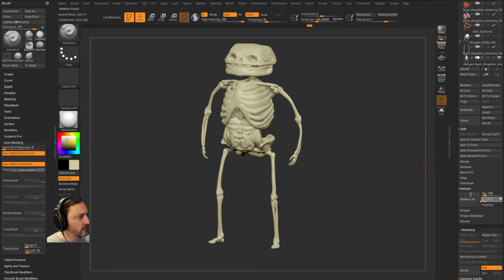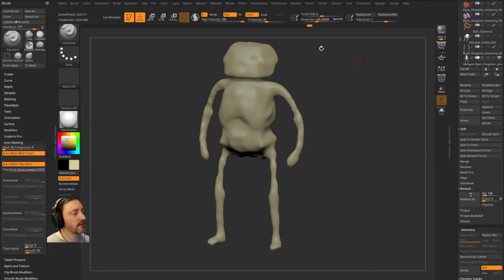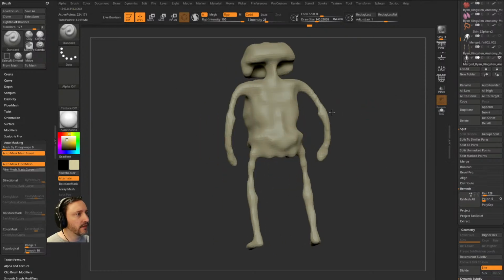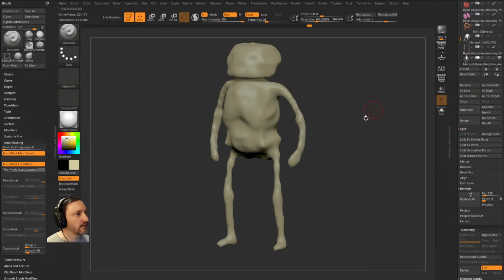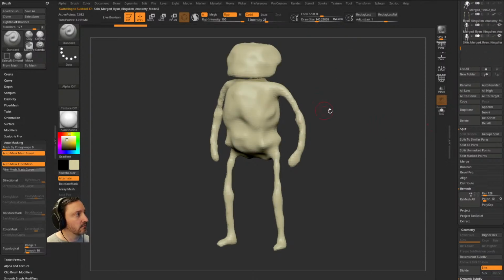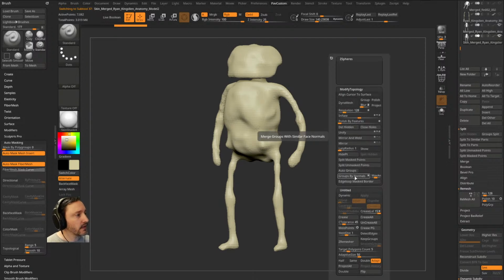Remesh, the resolution is here. The polish I'm going to turn down to maybe 5, and then resolution 128 I think will be fine. So we'll hit remesh all. That's going to look and evaluate at every visible subtool and then put a skin around it. And then with this skin, which is put right here, if you didn't like it, just delete it and remesh again. But now with the skin selected, I can go through here and I can say